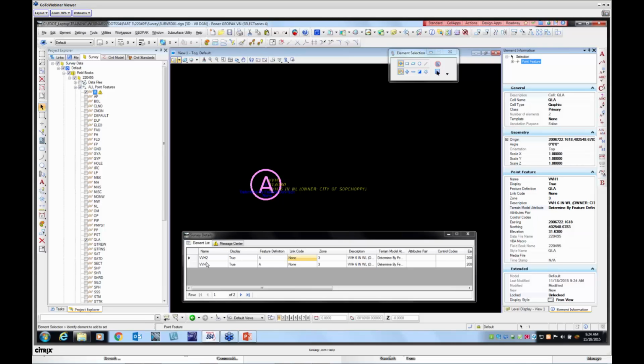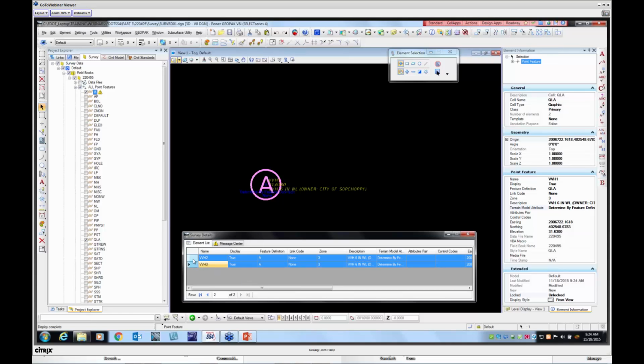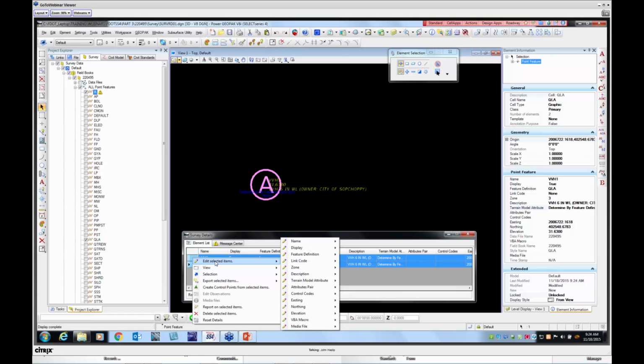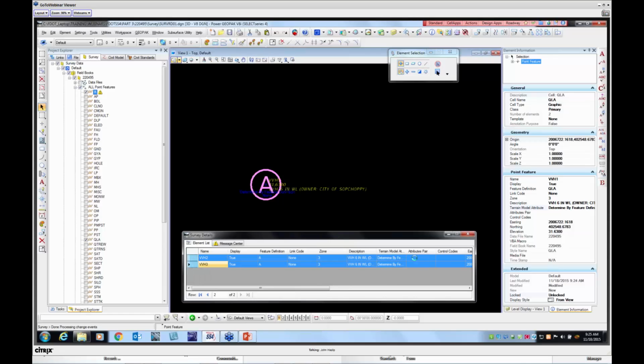There's also another way: we could select them both, hover over this area just left of the name and right click, and we can edit all of the selected items at once. In this case, I want the feature definition, and I'll put QLA in